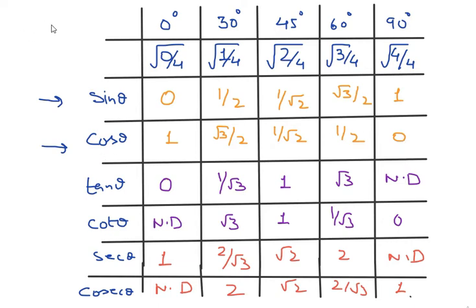And I have already explained how to get tan theta. Once you get tan theta, write the reverse order of tan theta in cot theta. And once you get sec theta, write the reverse order in cosec theta. So this way you can make your own trigonometric table for the angles 0 degree, 30 degree, 45 degree, 60 degree, and 90 degree. This table will help you out to solve the question given in your exercise. Please note down this table and learn, and not cram, just learn how to make it. It will help you out in your examination.